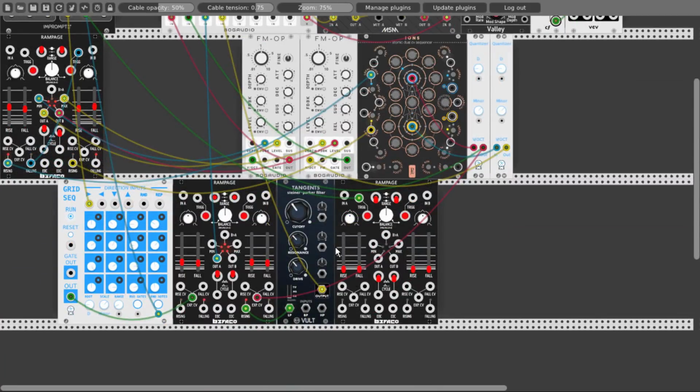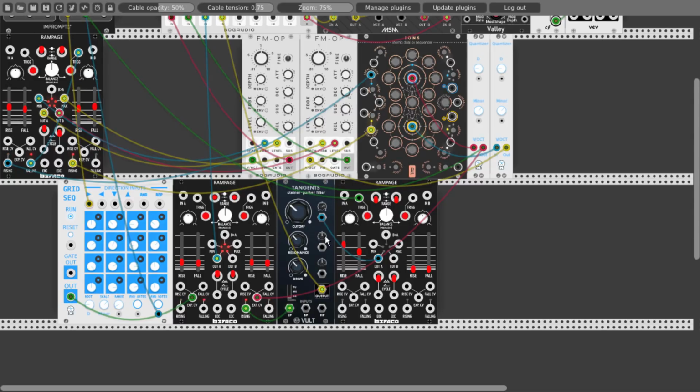Very nice. And set a nice envelope to modulate the cutoff point. So let's see. Let's have a longer rise and maybe a shorter fall, and take the output of this section to the CV input of the cutoff and open the attenuator a bit. Let's see. Yes. Yes. Okay, now of course it's maybe easier to just use a normal VCO instead of Rampage, but you can